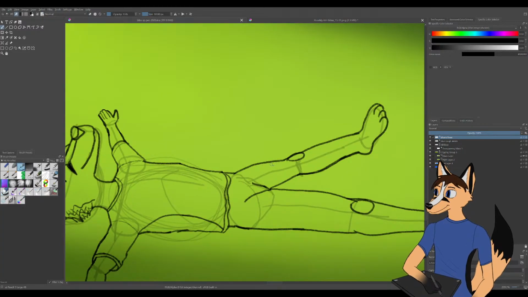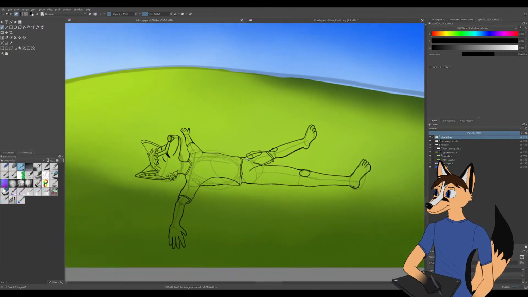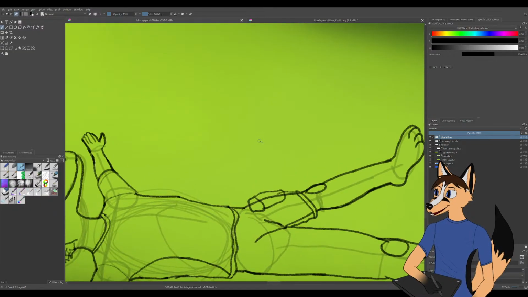And now I draw his shorts, which are pretty much the same principles as his shirt. So, especially since he wears cargo shorts, he kind of has pockets on them that stick out a fair amount from the shorts.